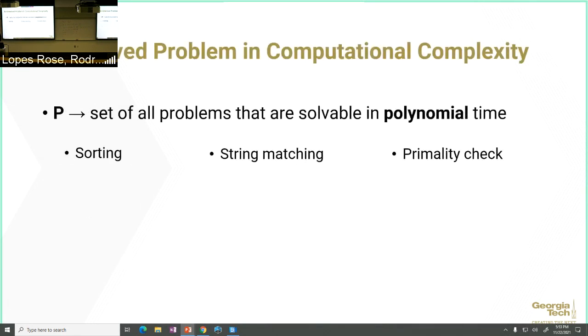So now, let's talk about how this can be applied in the real world. And this talk about computational complexity is actually a very big part of computer science research right now, because perhaps the biggest unsolved problem in all of computer science right now, and even one of the biggest problems in mathematics, actually has to do with computational complexity. Because